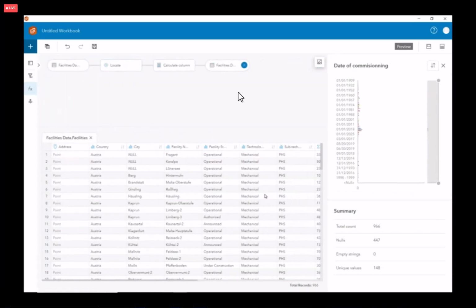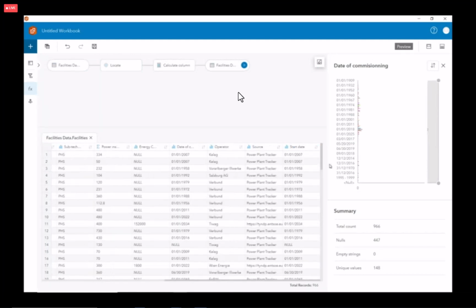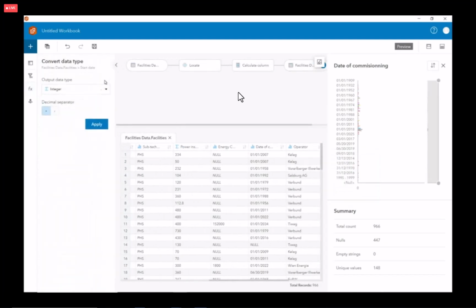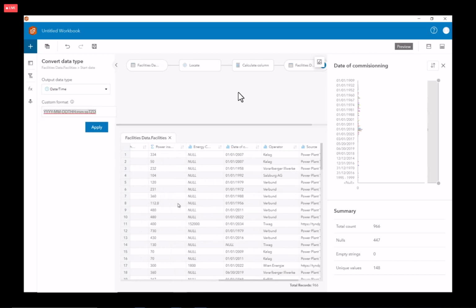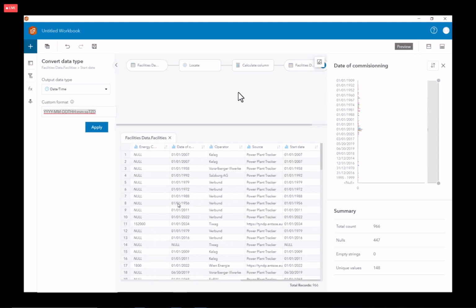All right, the next field I created is also a string field. So let's start by converting that field to a date time field. And under here, let's change our output type to a date or time field. By default, it adds a standardized expression format there, which you would want to change to what it looks like in your column. So in this case, it is